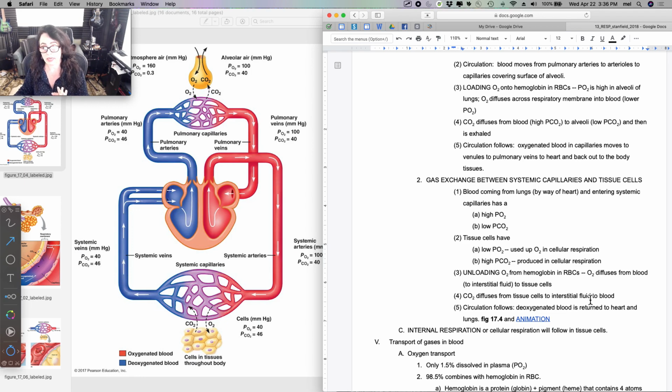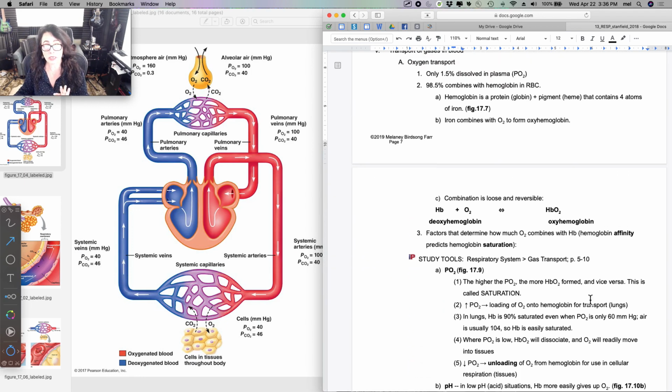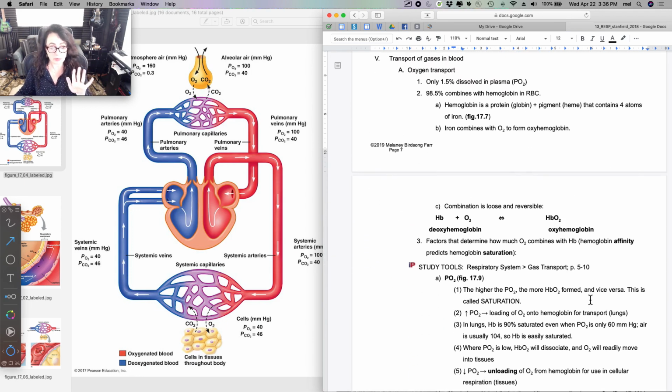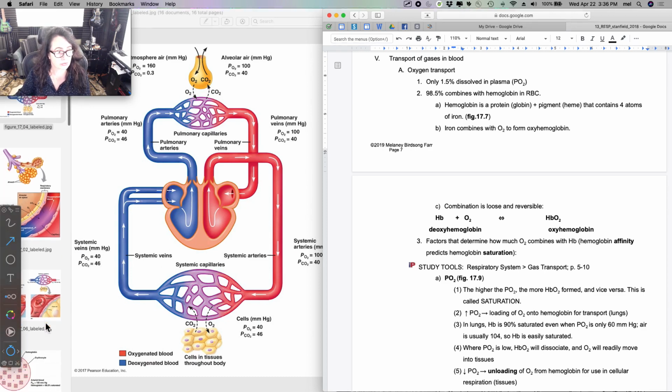Okay, so now what we get to is the part that gets really confusing at first, so just give me a minute, and by the time we're finished, I will put it all back into a recap that will make sense. This is easier to teach in person. We can do this, though. So I want to talk about how gases are transported in the blood. Now that we know we pick them up, we take them from point A to point B, but how do they ride? So when I'm talking about oxygen transport,